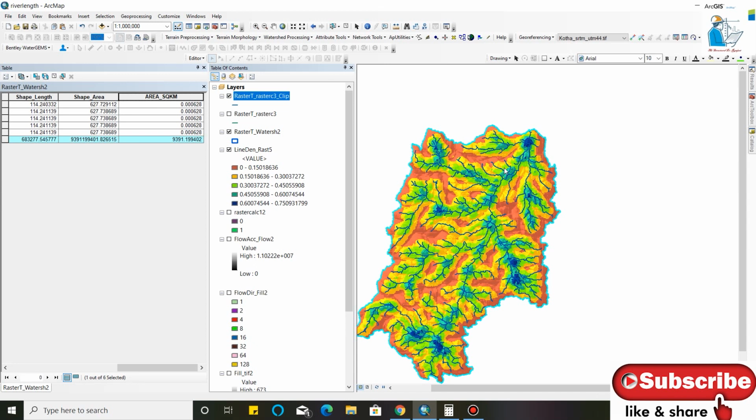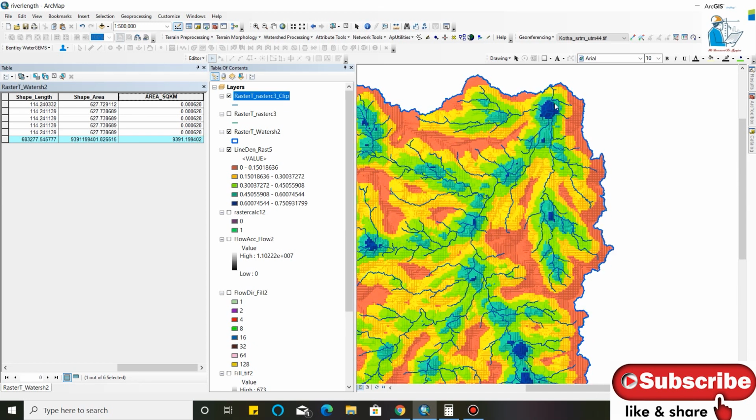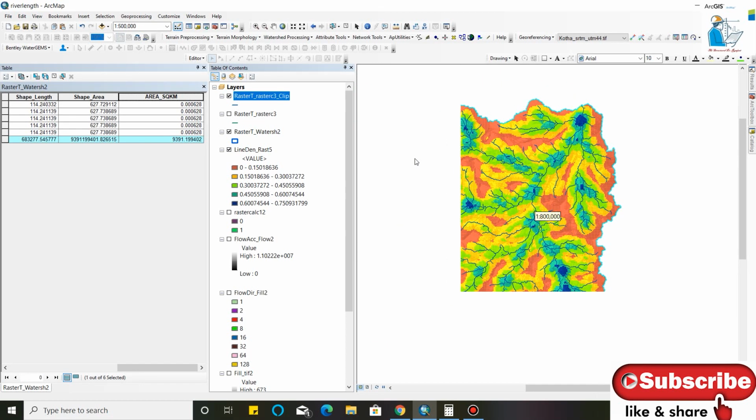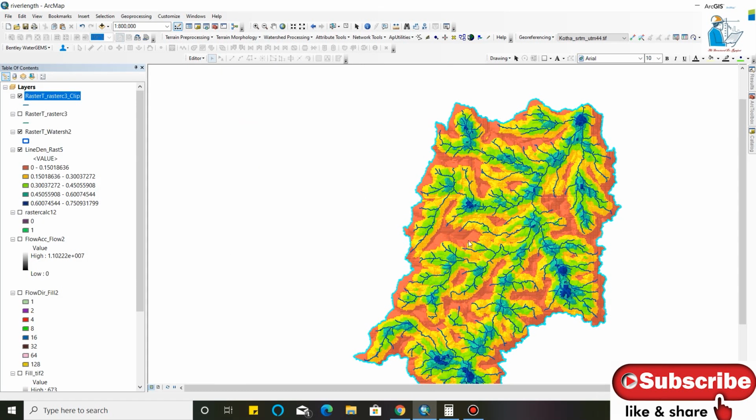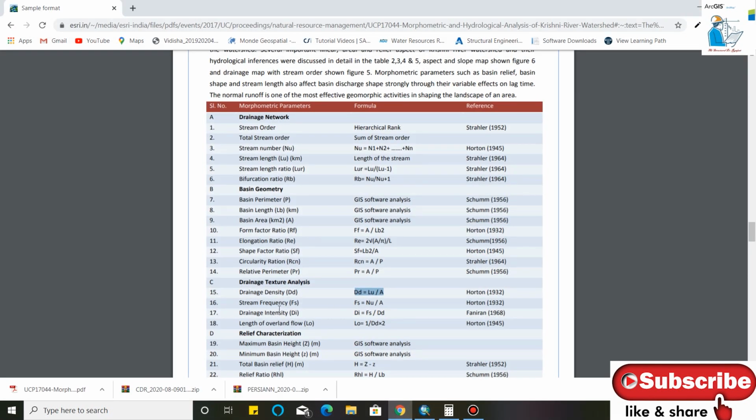In this way, you can calculate the drainage density of a basin. You can also calculate the drainage density of the main stream, of stream order 1, of stream order 2. You can also divide this into different sub basins and calculate the stream density of different sub basins. In this way, you can calculate your stream density, and stream frequency you can calculate by Fs equals Nu by area.